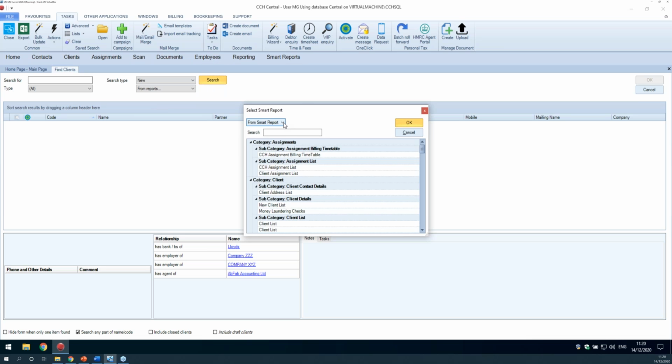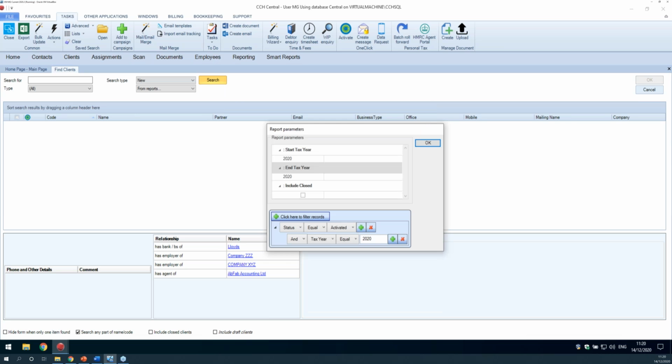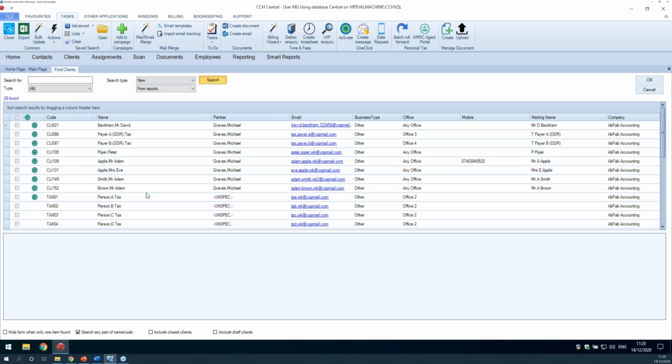The first thing I'm going to do is change it from Smart Reports to From Reporting. And I can search for that report I just created. If I put 2020 in here, I'll be able to find that report, 2020 tax clients activated, select it from the list and then click OK. And that will then show me the report parameters, which I can verify are correct. So status activated, tax year 2020, click OK,